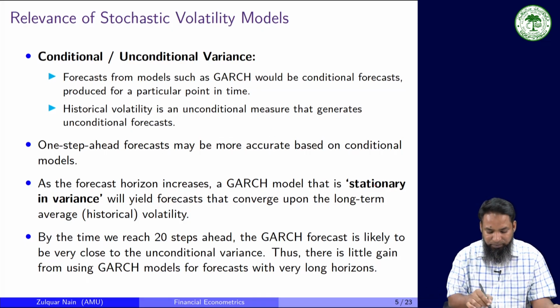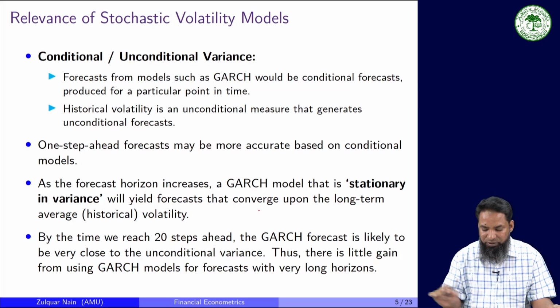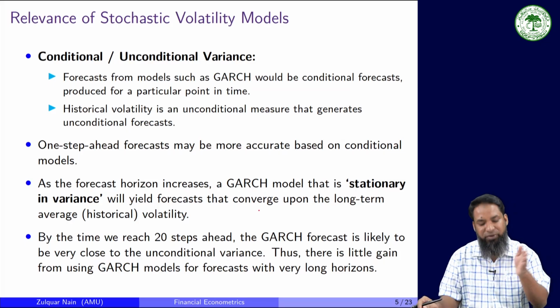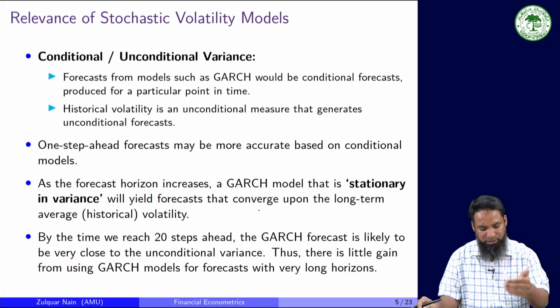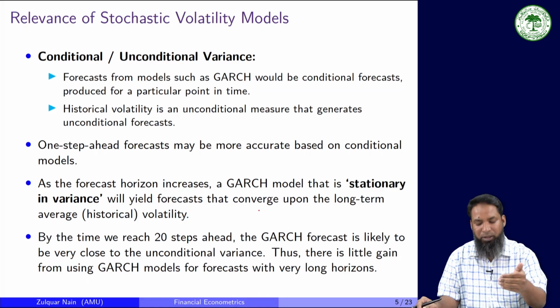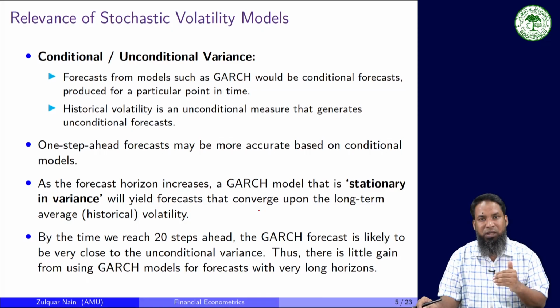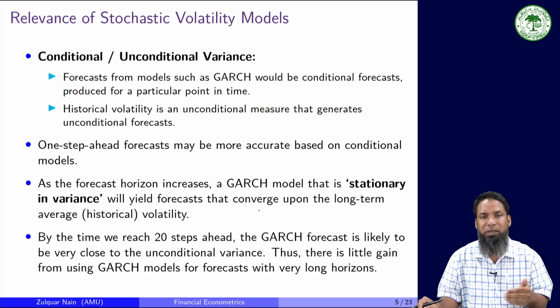In that case, the forecast will converge in the long term towards the average historical volatility. If that is the case, then for the long term horizon, let us say 20 steps ahead, the GARCH forecast will likely have a similar forecast, which we will be able to get through the unconditional variance. Then there is not much relevance of the conditional forecast or the conditional models for the long term